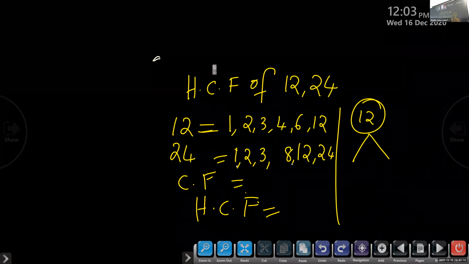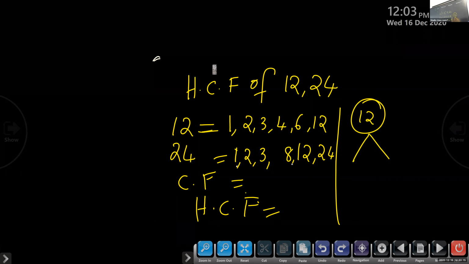Can you tell me the multiplication table of 4, Felix? 4 into 1, 4. 4 into 2, 8. 4 into 3, 12. 4 into 4, 16. 4 into 5, 20. 4 into 6, 24. So here, easily, children, we can see 4 into 6. Now, is there any other factor? No, ma'am.